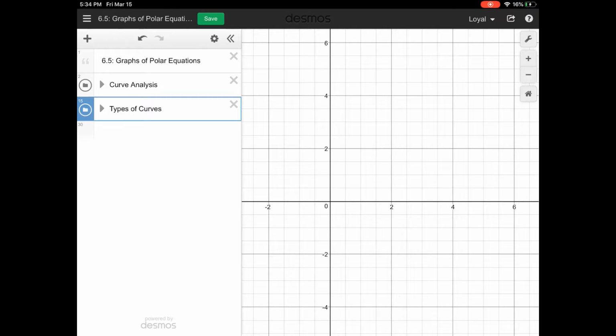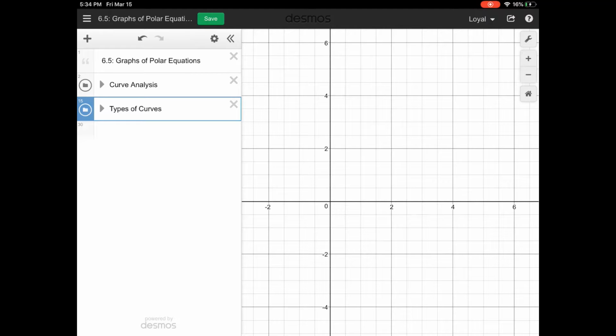So welcome back, this is 6.5. This is the graphs of polar equations. You'll notice that in this lesson we're using Desmos instead of, say, a OneNote notebook. That's because primarily all we're doing in this lesson is looking at graphs and analyzing them and seeing what we can do with them. The problems and the questions are just like in 6.4, almost identically,